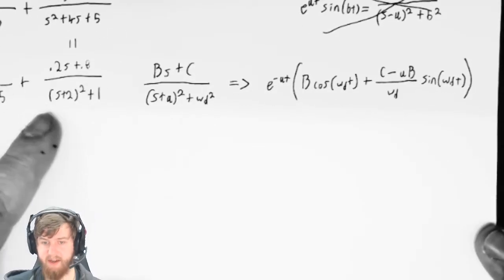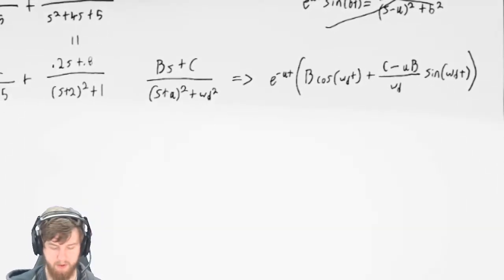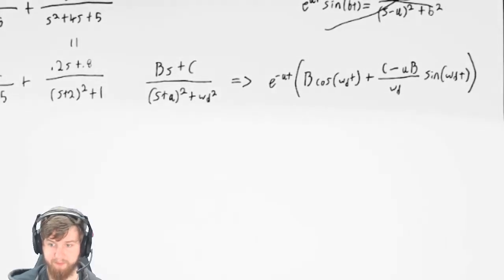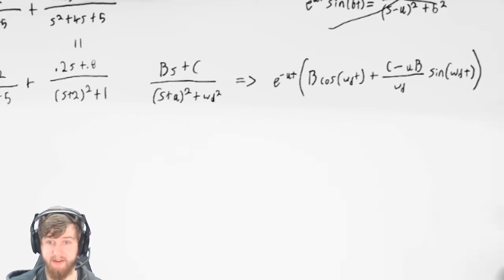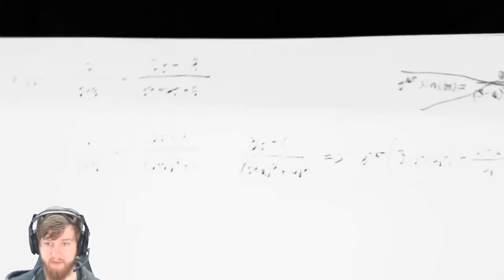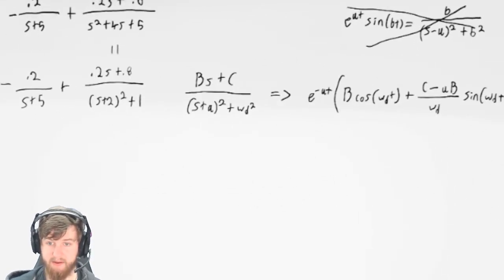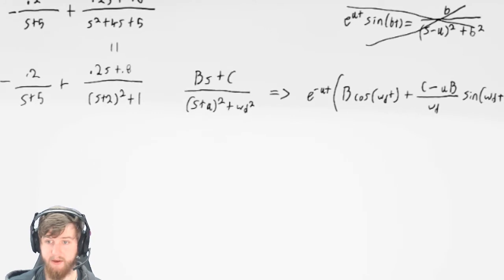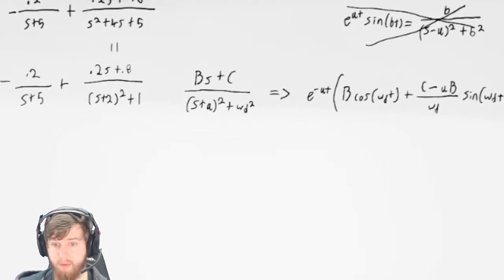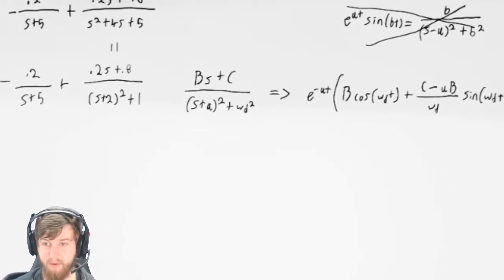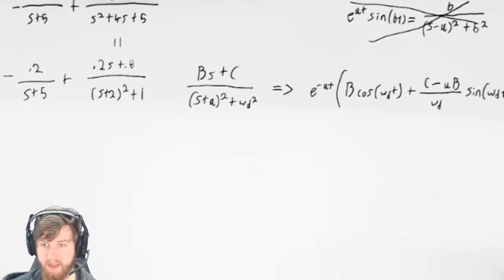So that's the identity that we're trying to push this portion into. So it looks like our B and C are actually the B and C that we calculated up here. Our a is 2, and our omega d is 1, which is convenient. We don't have to really worry about multiplying any of that out. So, keeping this identity in mind, which is in the table in the book,